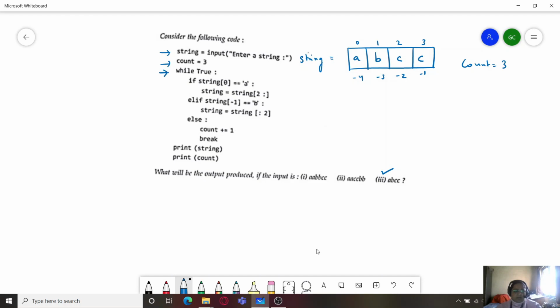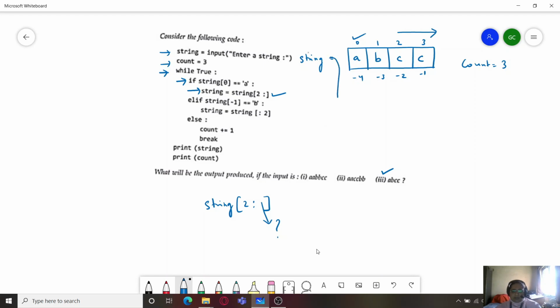We start from while true. So if string 0 is A, yes, string 0 is A, so this will be executed. That is, now string will be equal to string 2 colon, empty. This stop index is missing now. So again, as usual, it will start from 2 but end at the last index, that is 3.